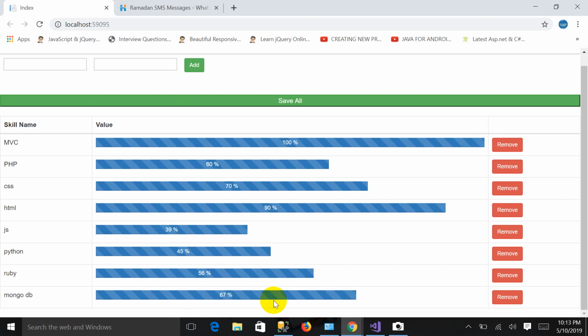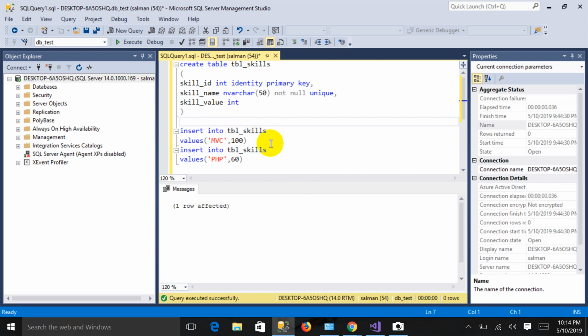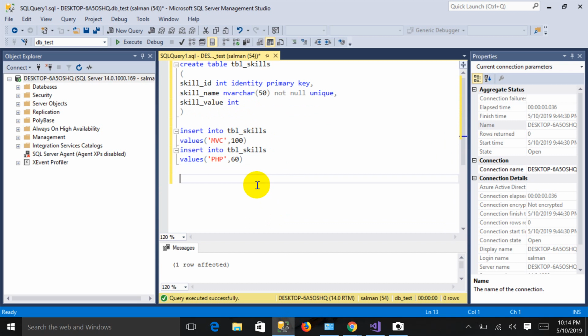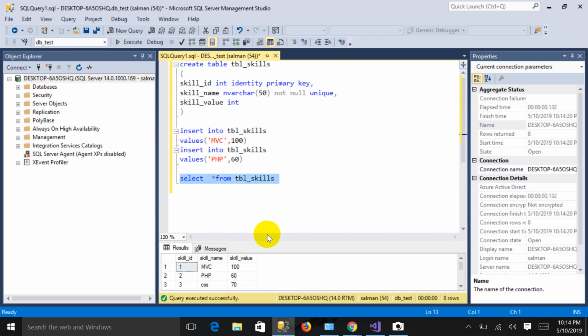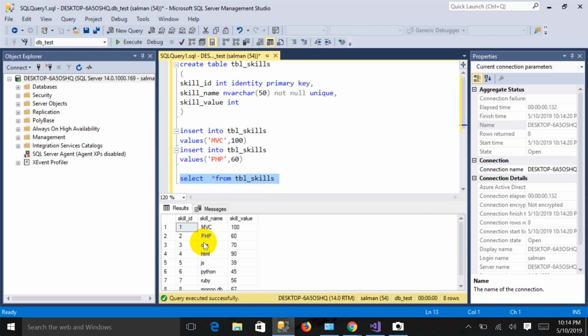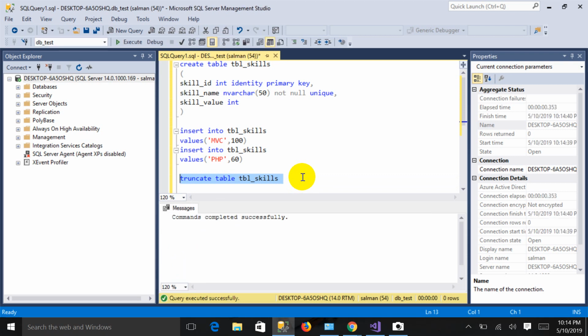So let's start. First of all, I have created a table named TBL skills. As it already contains some data, I'll show you. Select all from TBL skills. As you can see, this table contains some data which I inserted recently, so I'm going to empty this table. The command is truncate table TBL skills, which will make the table empty. Now you can check,